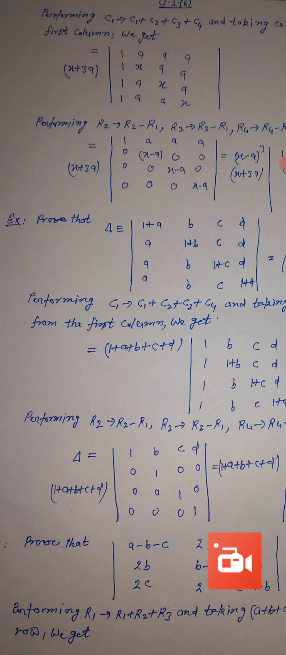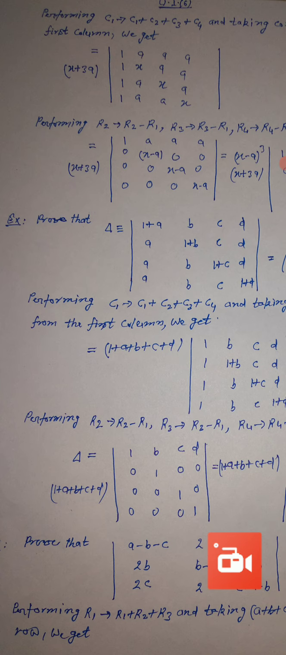Next example, prove that the determinant with first row A minus B minus C, 2A, 2A, second row 2B, B minus C minus A, 2B, third row 2C, 2C, C minus A minus B, is equal to (A plus B plus C) to the power 3. You have to prove this. We perform